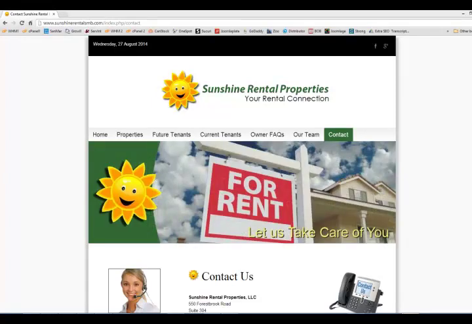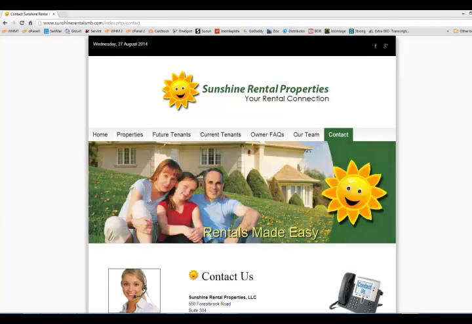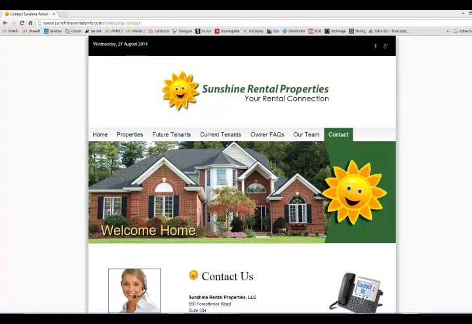Okay, today we're going to learn how to put rental properties into your website. This is actually a pretty simple process. So what we want to do is when you get to your website, go to your contact page, and here